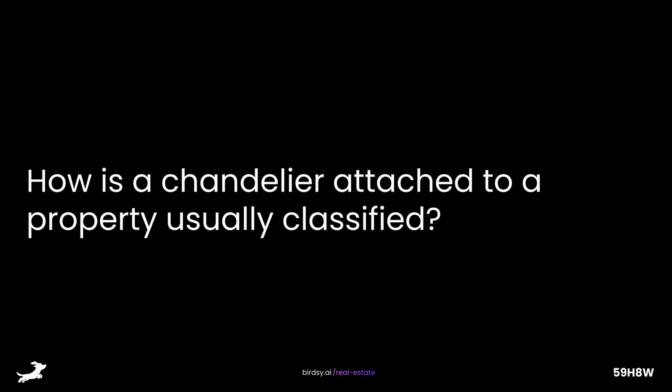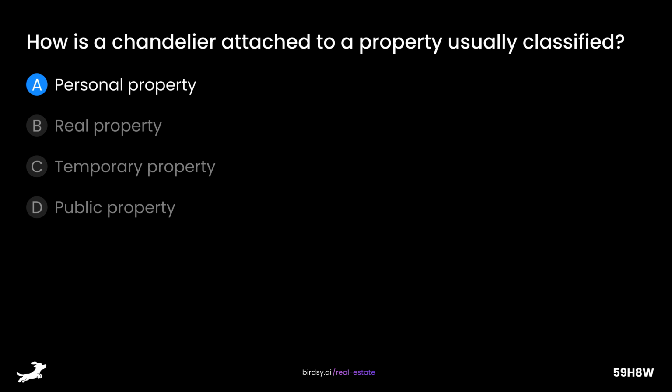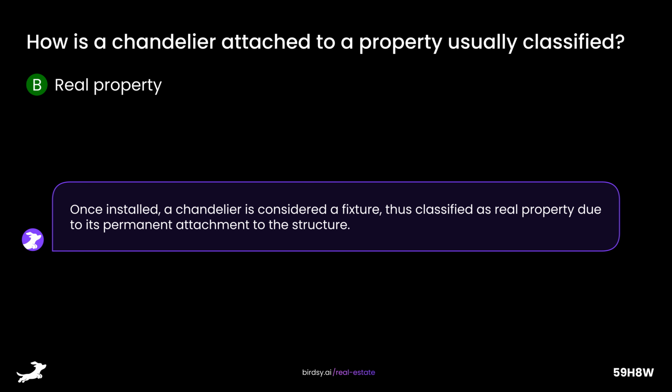How is a chandelier attached to a property usually classified? Is it A, personal property, B, real property, C, temporary property, or D, public property? The answer is B, real property. Once installed, a chandelier is considered a fixture, thus classified as real property due to its permanent attachment to the